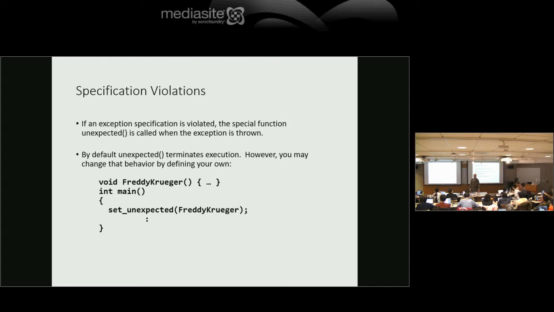Only one gets called. The one that gets called is the set terminate that was called last in time. The first one just took the pointer, and instead of having it point at abort, it pointed to my function. Let's suppose mine was executed first. Naga's was executed second, and it just took that pointer that was pointing to me and made it point to his function. They're not queued, unfortunately. So what that means is they aren't very useful unless you're the only one writing code for that process.